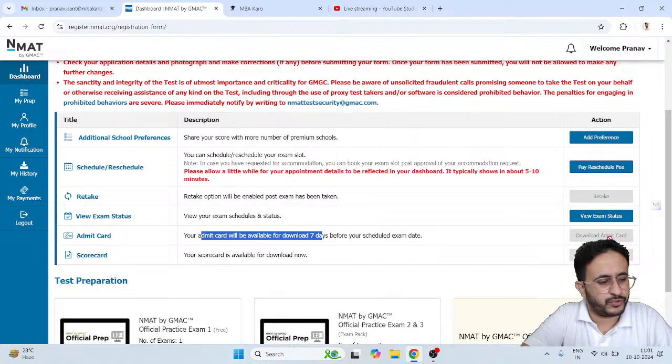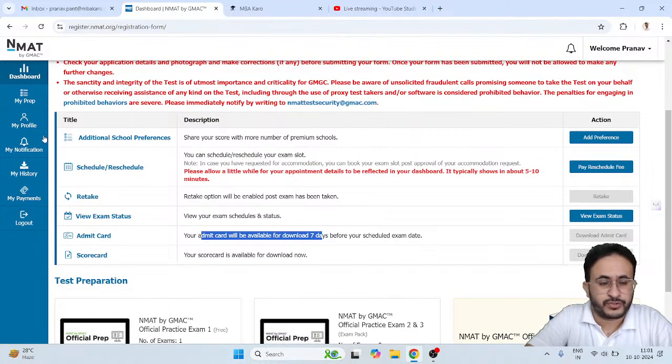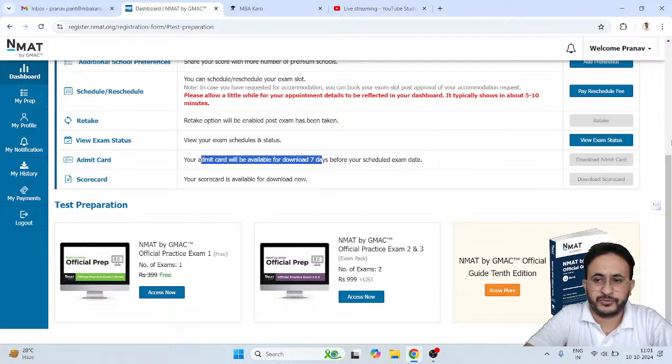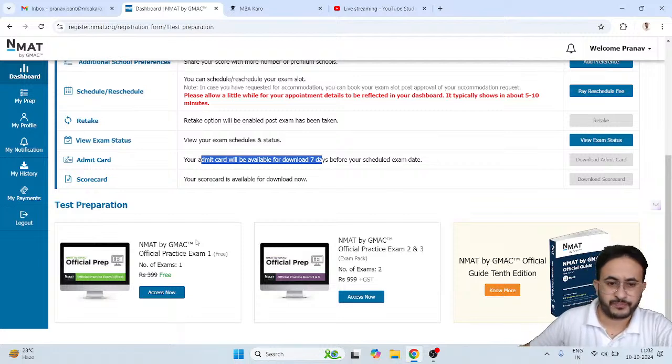Now, for those who do not know how to take the official mock, just go to My Prep. I hope you are able to see this screen. When you go to My Prep, you have this section where you can see test preparation. There is an official mock, and then you have paid mocks also. One official mock is free, and it comes with a retake option also. So let's say you attempted it once, you can attempt it twice also. So this is the official mock that